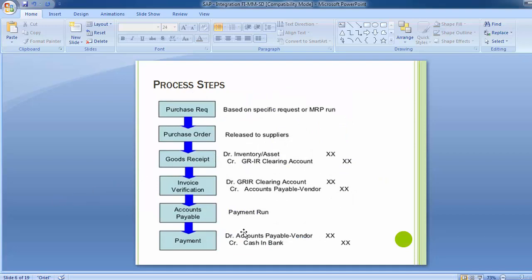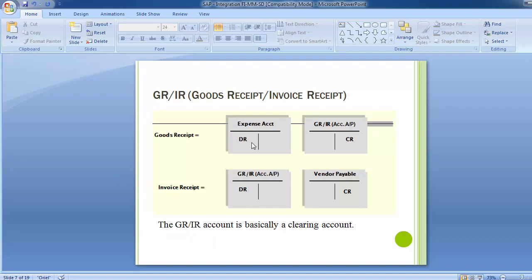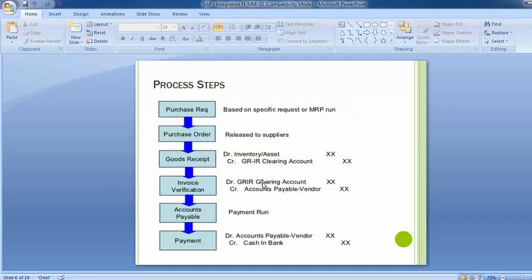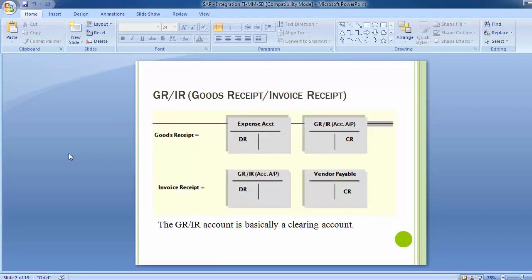Now moving on to how we do the configurations or customizations for these GL accounts which are reflected in the process steps. All the GLs assigned over here are automatic GLs which have to be assigned for integration purposes in the SAP system. Now we'll move to the next slide to see how these entries are automatically generated through the SAP system. But before they are generated, we need to customize these accounts in the system. How that integration is done is what we will look at in the next couple of slides.